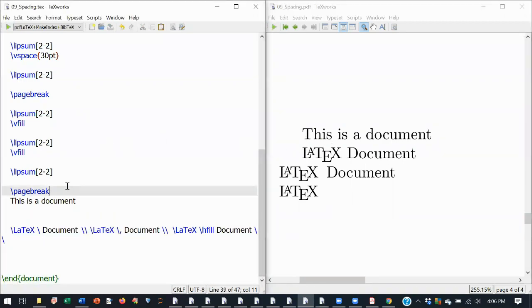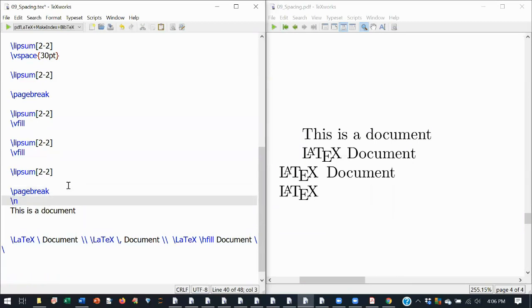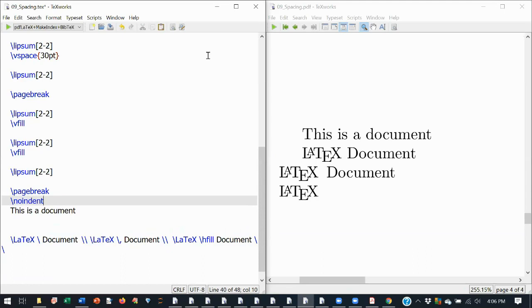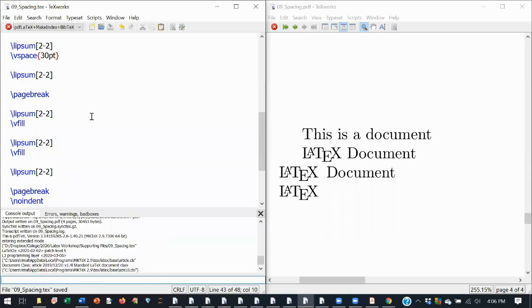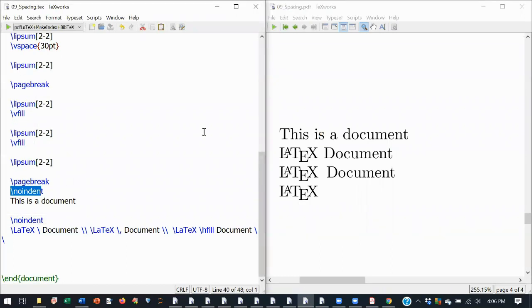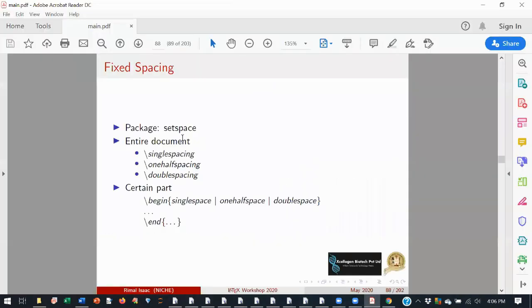So if you want to remove this, you can put \noindent. If \noindent is there, LaTeX will know there is no indenting of this line. That way you can create the document.